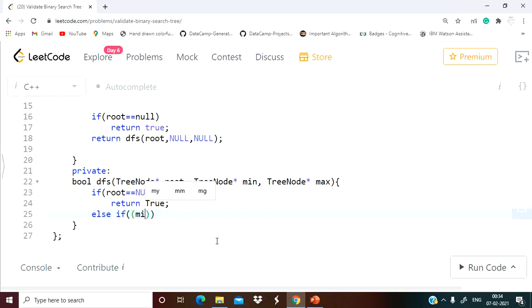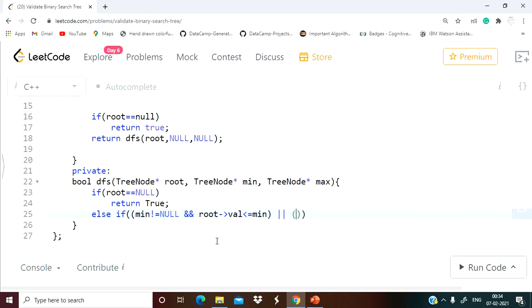And next we will check that if for any value of min that is not null, and similarly for max as well, so else if min not equal to null, right, and root value is less than equal to min, right? So in that case what we can determine, that it is not a BST. Also same thing we have to check for max case, right?